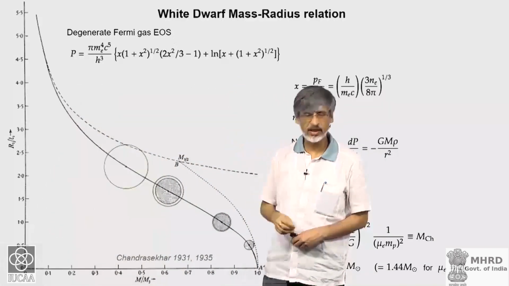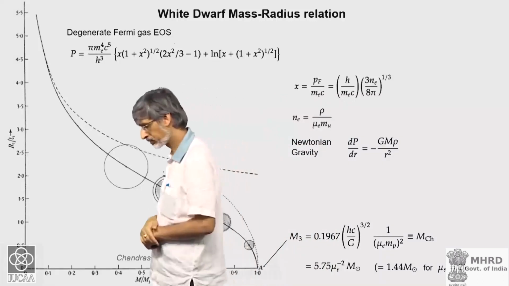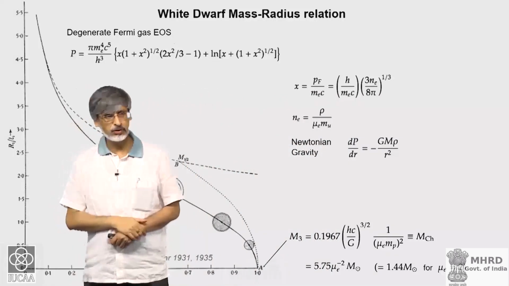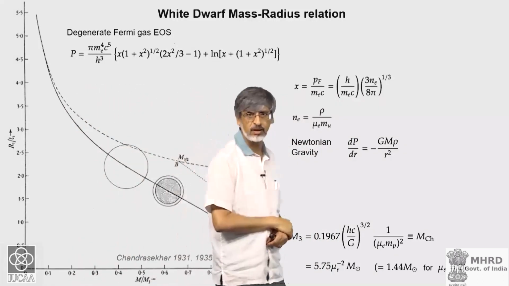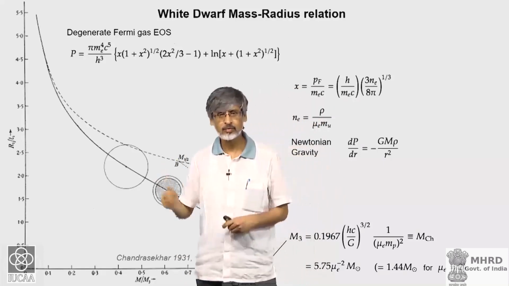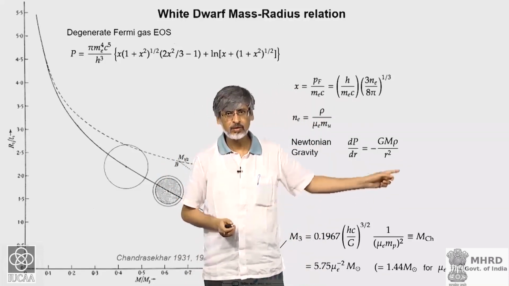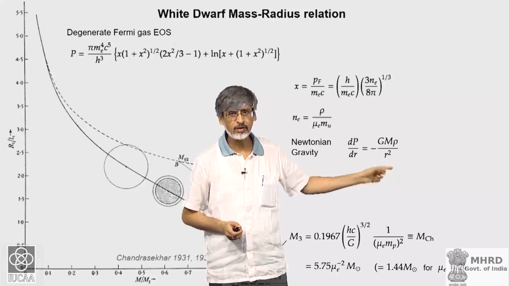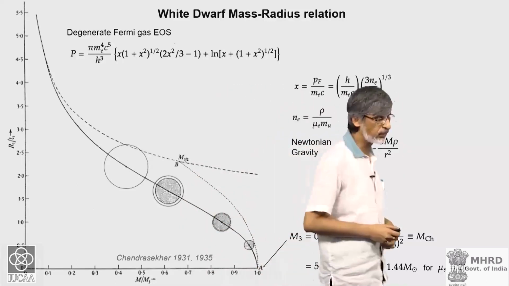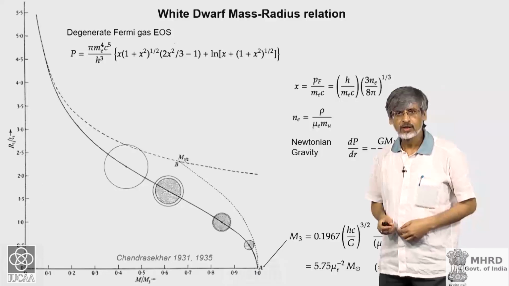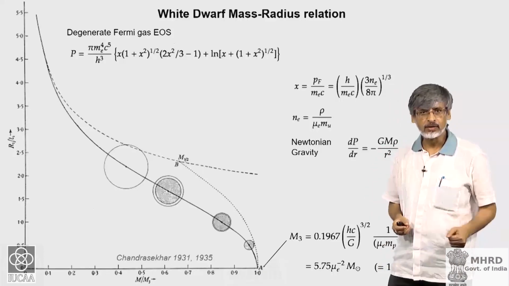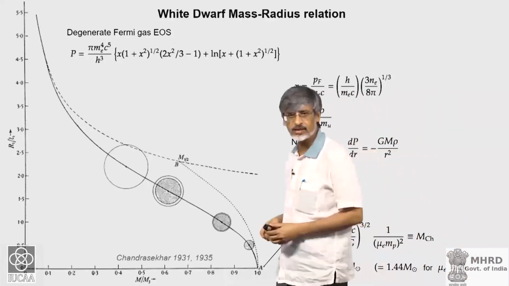You take this equation of state and use the stellar equilibrium equations. In this case, one is using Newtonian gravity, which is dP/dr equals minus GM by r squared. Then you get to this expression for maximum mass,